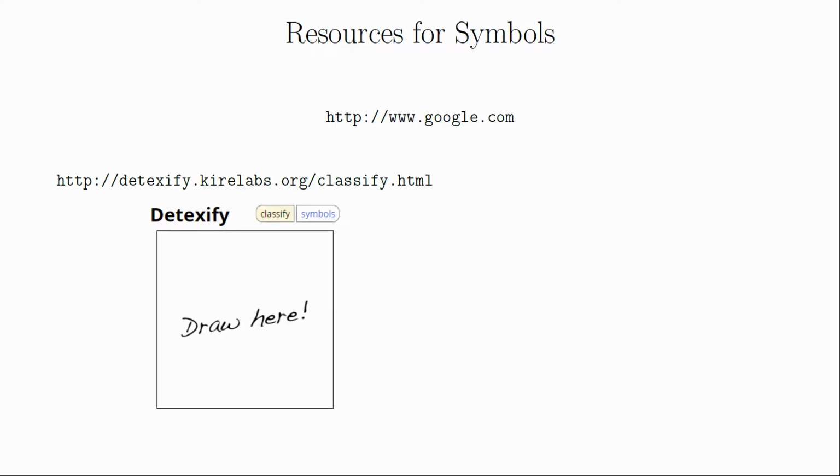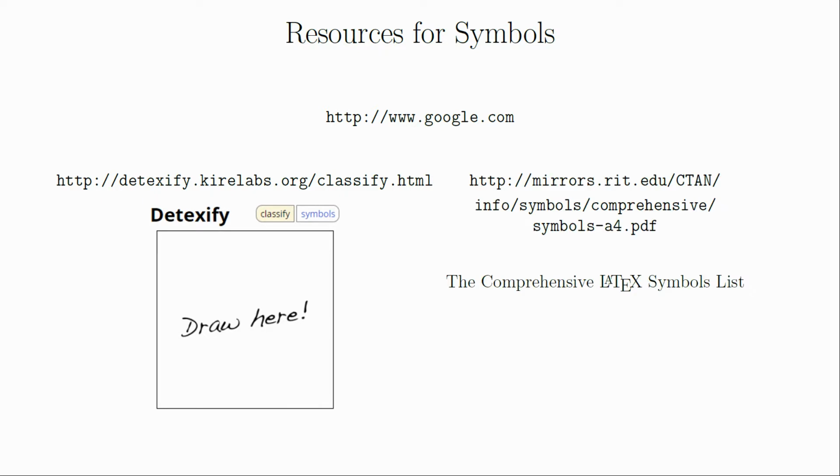At this point, you've seen a fairly substantial number of commands, but this is really only scratching the surface. Undoubtedly, there will be some special symbol that comes up in some specific context that you will want to use. Sometimes you can find them on the internet by searching for LaTeX plus a word associated with that symbol, or maybe the subject area. But there are a couple other resources that you should be aware of. One place to visit is the Detexify website. It allows you to draw symbols, and it will try to find the one that matches what you've drawn. It will not only show you the symbols from its guesses, but it will also show you the package that the symbols can be found in.